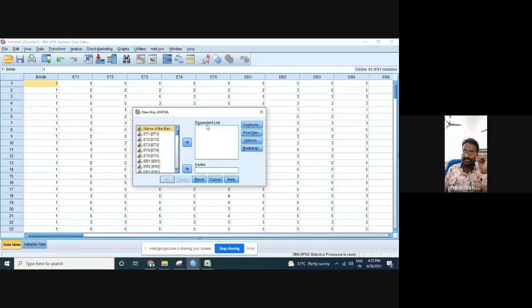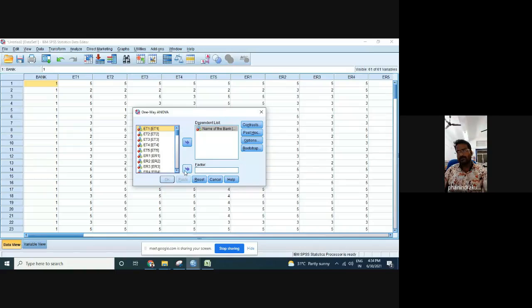And it asks for two things: the dependent, on which factor is dependent, and the factor. Bank is a common factor for all the questions. Out of the 50 questions and all these factors, the bank is a common factor. Why? Because as customers of a bank, we are taken together as a group and we are making the analysis. That's why we go for the factor. Whatever the identified factor or identified variable is, you can select it and work on it.